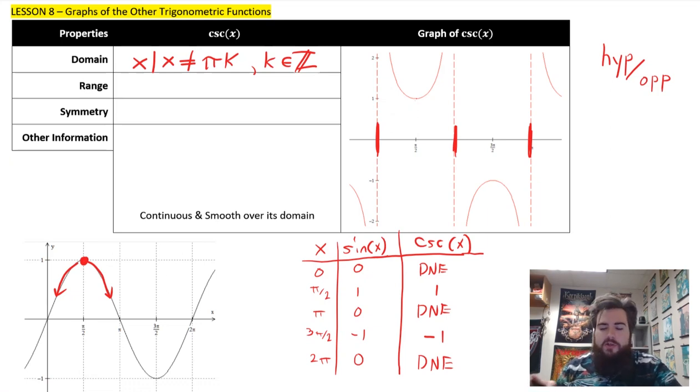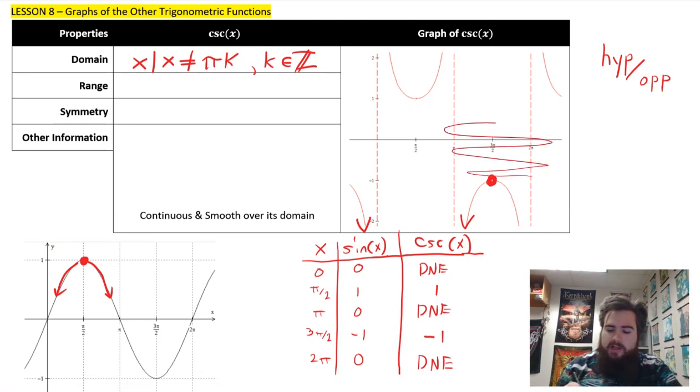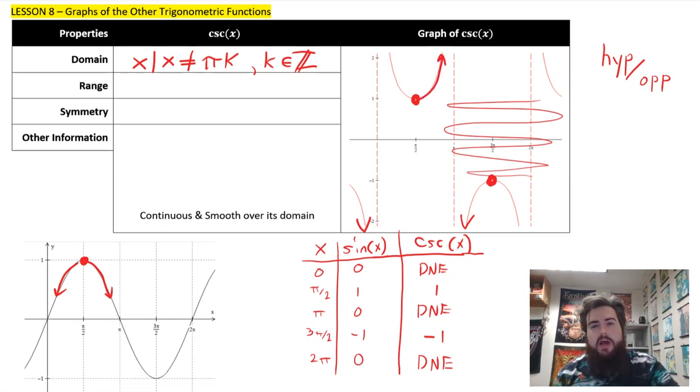For the range are all possible y values. And again, the range is not going to be the same as sine. The range for sine was -1 to 1, which made sense for ratios of opposite over hypotenuse. However, in this case, the range here actually spans down to really any number up to -1. And then there are no values of y in between up to where I get to +1 and up to